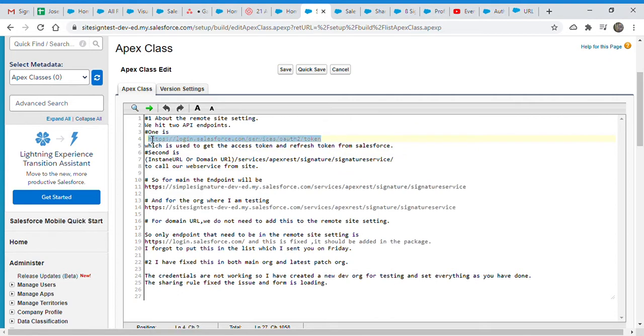So this is the first endpoint that we hit, and second, the base URL will be the instance URL, which is technically the domain URL. Now I'm talking about the domain URL. We are working with Lightning components, so we are sure that there will be the domain URL. So the host will be the domain URL, and then services/apexrest, and then this is our namespace, and this is our URL mapping of our class signature services. So this is how we make the endpoint for our web services, which we call from the website,